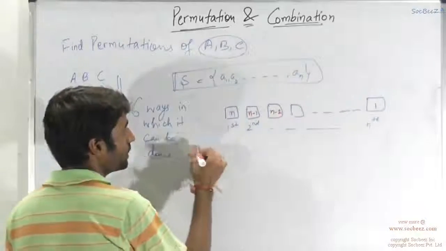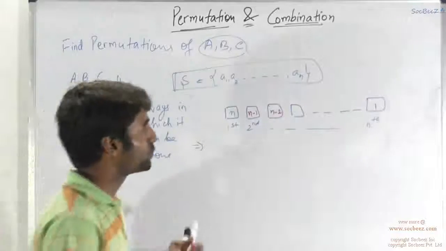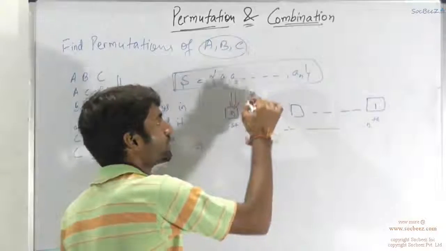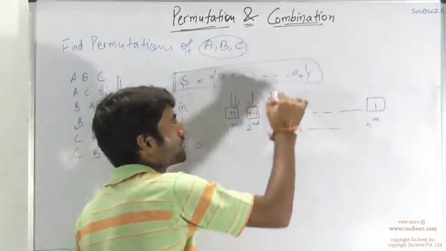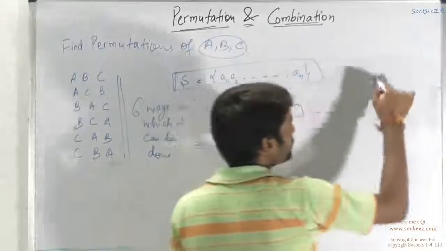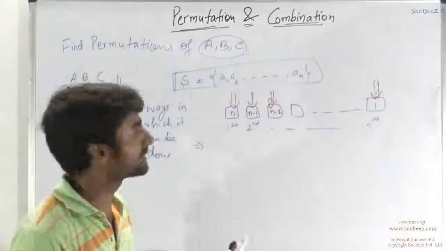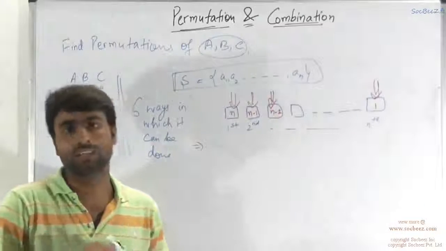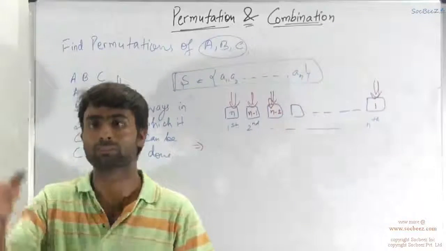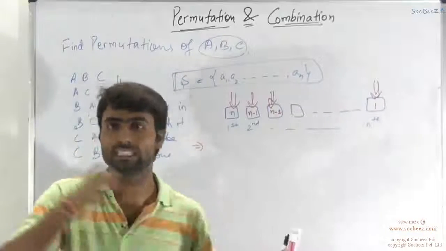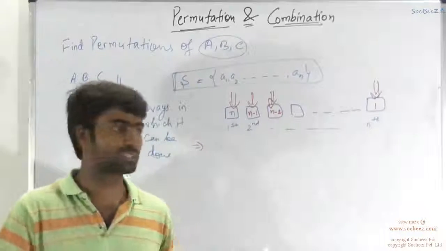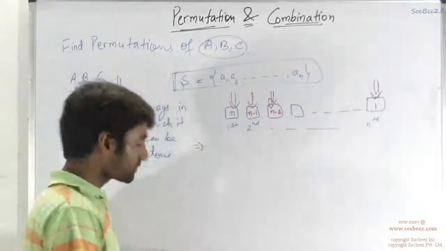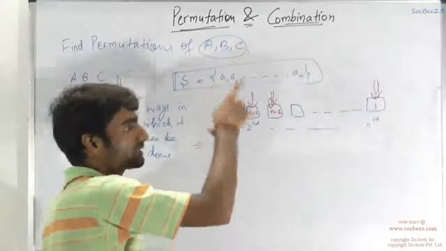As you can see, you have to do all these tasks because you have to choose the person at the first position, the person at the second position, the person at the third position. Similarly, you have to choose the person for the nth position. Then only you can say I have arranged all the n people in a row, because you have to fix each and every person: this is the first person, this is the second person, this is the third person. Then only you can say I have formed an arrangement of these n numbers. So you have to complete all these tasks.